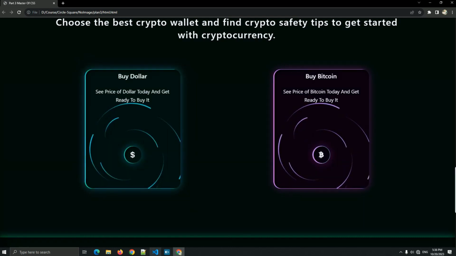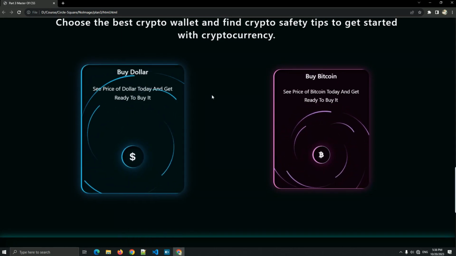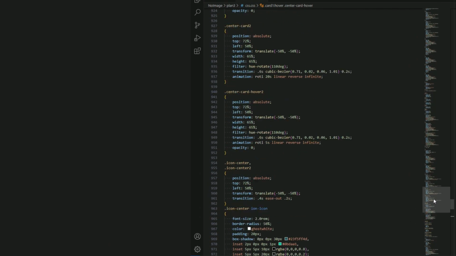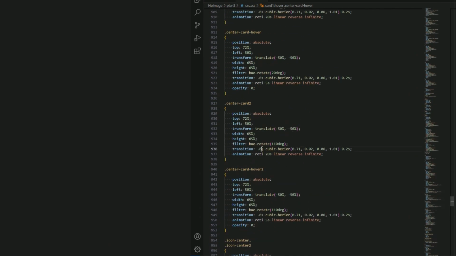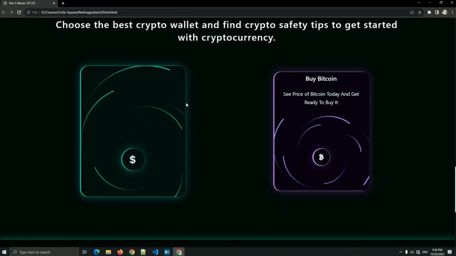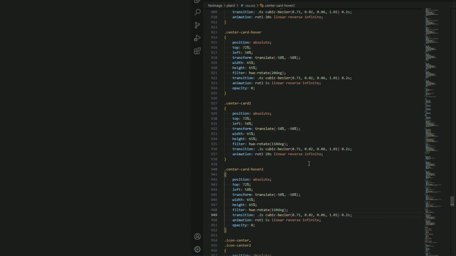And if you don't like this opacity effect, as you can see here when I hover it, you can reduce this cubic Bezier. Let me reduce it to a little 2 seconds, and let me see it right now. No, again the problem is the same, but I'm sorry.